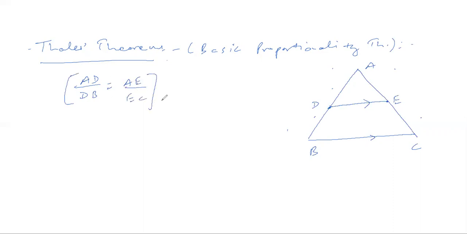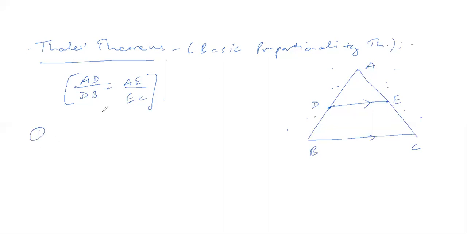Okay, this is what we call Thales theorem. This is the statement of Thales theorem: if we draw a line parallel to the base in a triangle, then the line drawn divides the other two sides in the same ratio. We have discussed earlier how we can prove this, so I'm not going into it again, but I'll show you a few corollaries. What is the meaning of corollary? If we get a few more results from the main theorem, those are called corollaries.